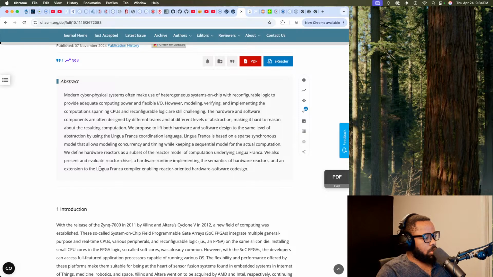We also present and evaluate reactor chisel, a hardware runtime implementing the semantics of hardware reactors and an extension to the Lingua Franca compiler, enabling reactor-oriented hardware software design.